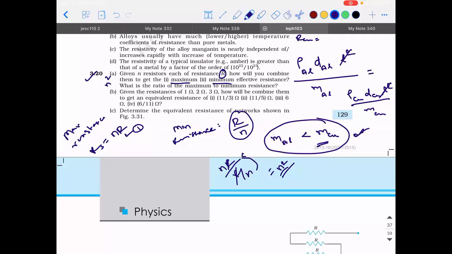So for example, in this problem, you told me it is 6 by 11. So 6 by 11 is a value which is less than 1. So that's what happens in parallel. So the least value that you can generate from these 3 combinations is 6 by 11. The maximum value you can generate is 6. So it is also possible for you to get any value between 6 by 11 and 6. That is when you connect them in mixed combination. Okay, I'm going to use this logic to solve this problem.